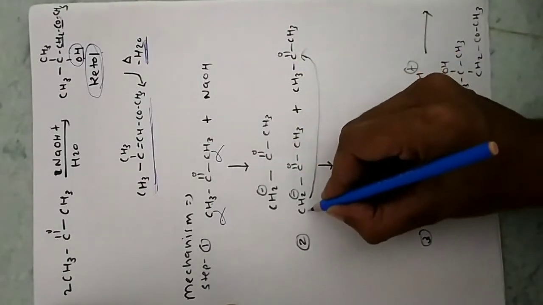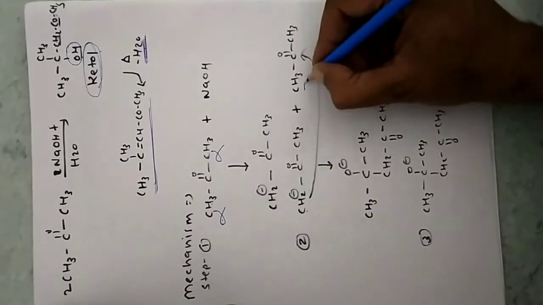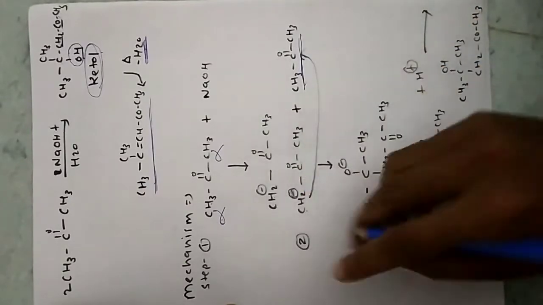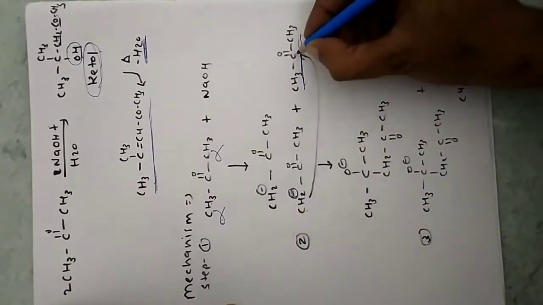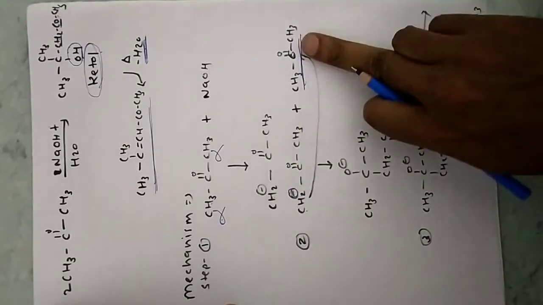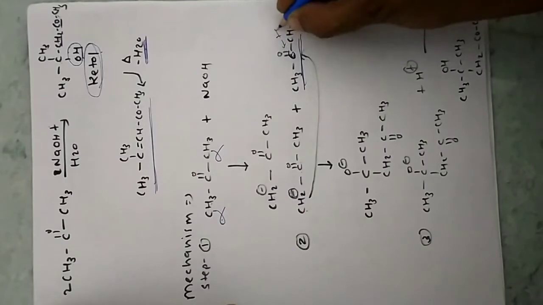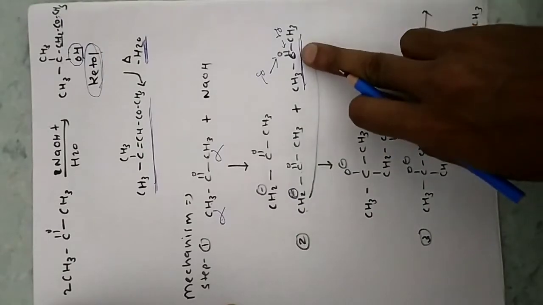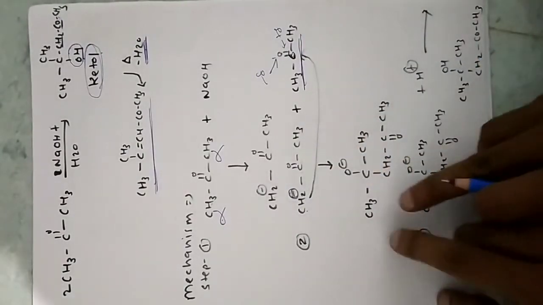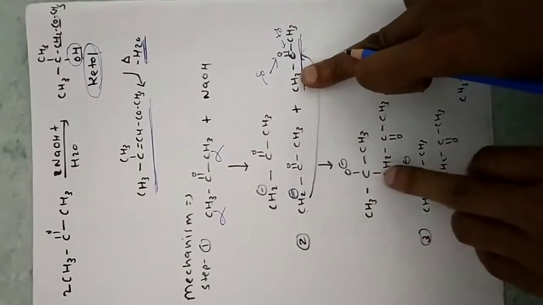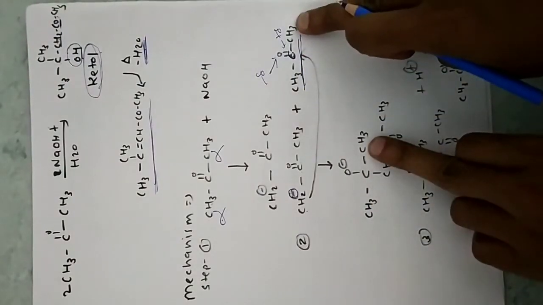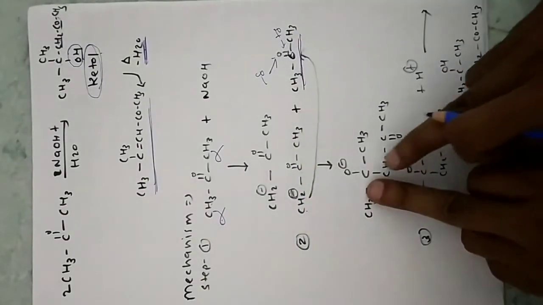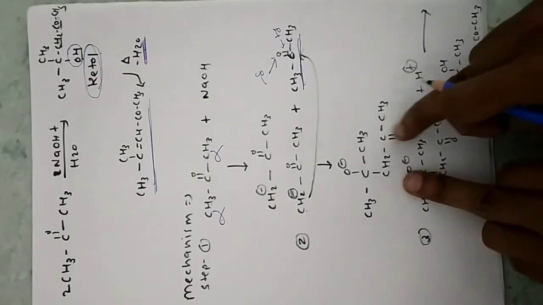In the next step, this negative ion and the second molecule of ketone, they both will react together. This one is our negative ion, so it will attack the carbonyl carbon of the second molecule. Okay, this one is partially positive, oxygen is partially negative. So the negative ion will attack the carbon. So what will happen here? You can see CH3, that is as such, then carbon, then CH3. Now on the carbon, this ion attacks here. So it is attached now, CH2, CO, CH3.